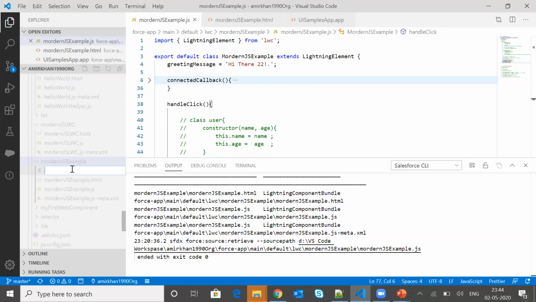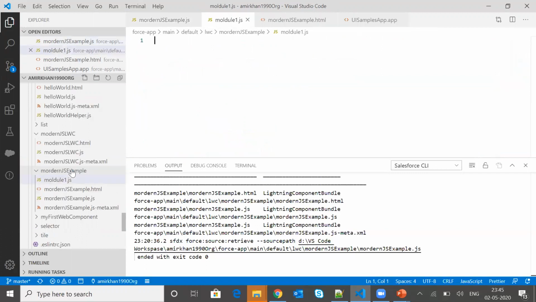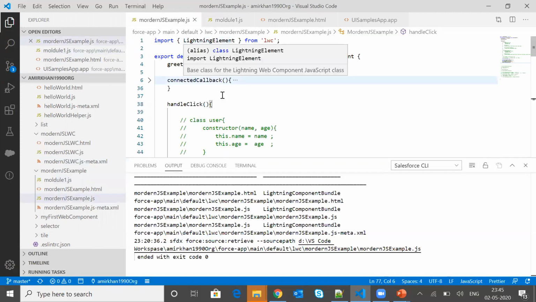In my example, I am going to name it module1.js. Within this module, I will write one JavaScript method, which I will be exporting here and importing into the modernJSExample.